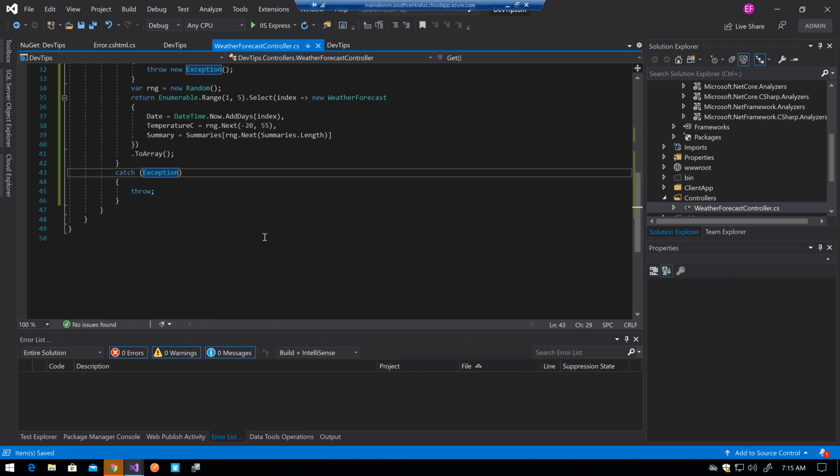I remove the variable name from the catch, and I remove the variable name which was after the throw. So now the throw will not modify the exception stack information, and the rethrown exception will actually be the original exception. And you will see that my application now has 0 errors, 0 warnings, 0 messages. It's already configured with code analysis, and since the project is already configured with the FX scope analyzer,